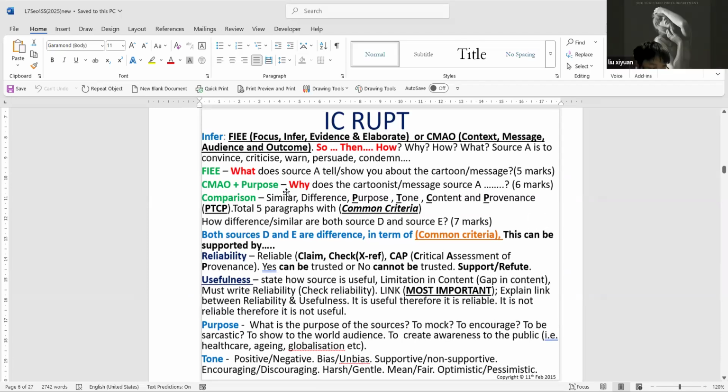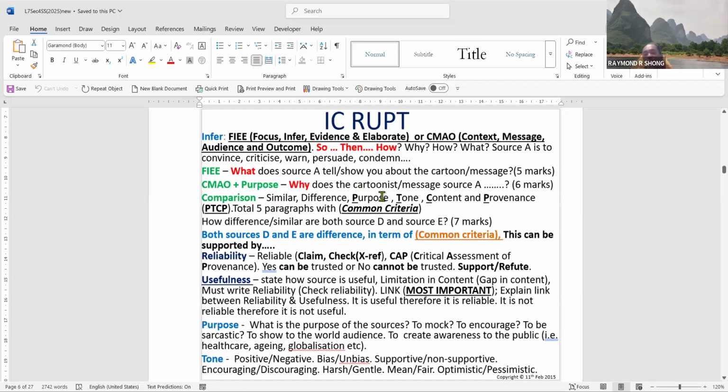Like those kinds of inference questions. Sorry, what did you mention? Inference question. Yes, well done. How many marks would that be? 5 marks. Later we're going to do that one. Of course, there is inference plus purpose, which is 6 marks. Then of course we have comparison. As you know, comparison, just to update, you must have 1 paragraph of similarity and 1 paragraph of differences. Sometimes under these purpose questions, there will be 7 marks. Usually seldom, 6 or 7 marks.